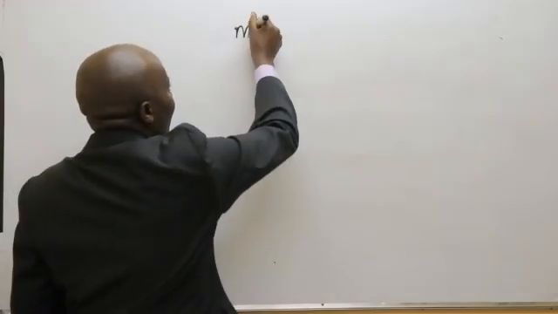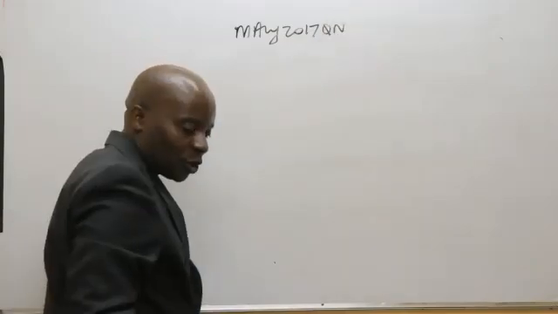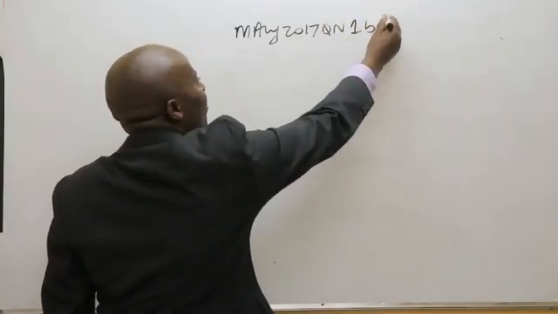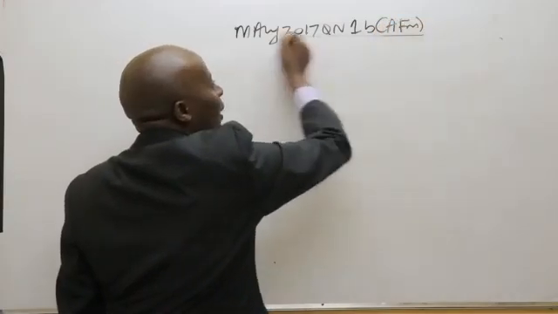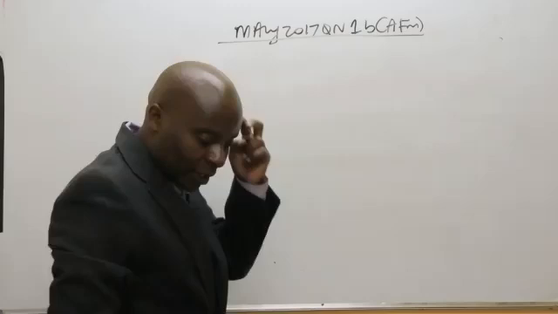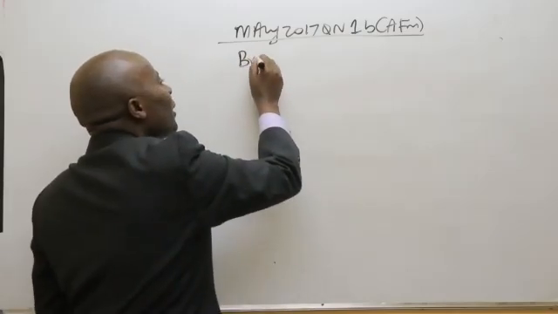So remember the question is May 2017. For those of you who have just joined us, question number 1B, it's advanced financial management. So what do we have here? They want us, Roman 1, to give them the break point. So what we shall do is to calculate the break point